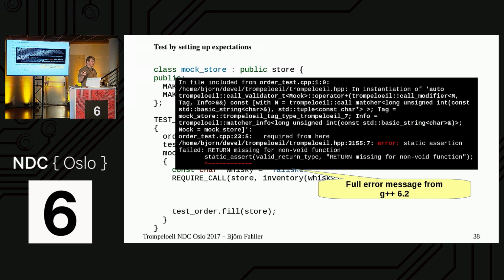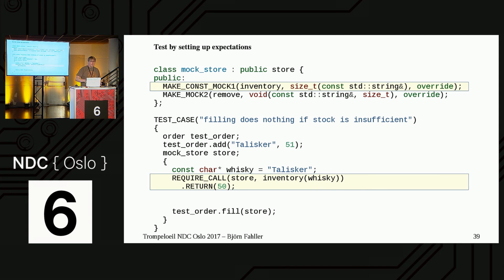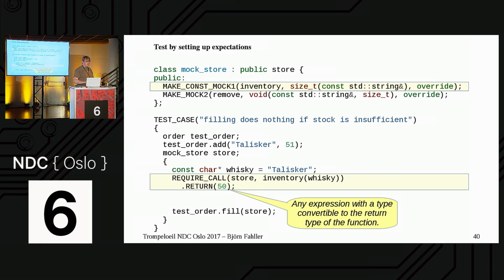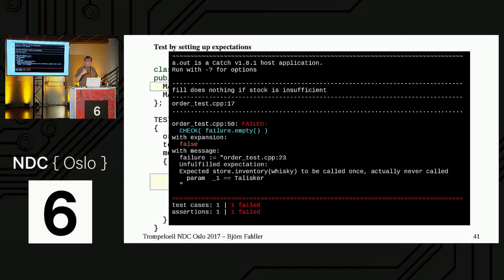And I've actually seen errors that were hidden because it wasn't obvious what the test code actually did require. So we add a return 50. 50 here is actually any expression. You can write, well, whatever you like, as long as the type of the expression is convertible. You could call random, probably a really bad idea, but you could. So with this change, we can compile it,